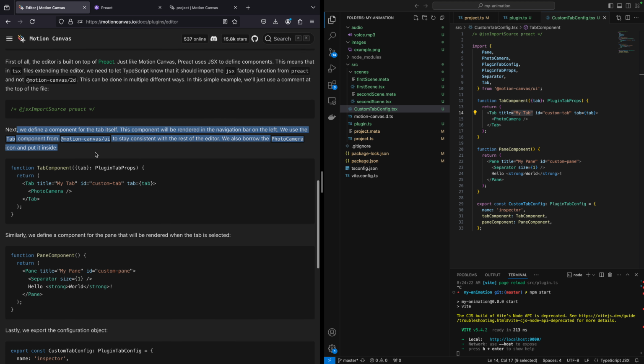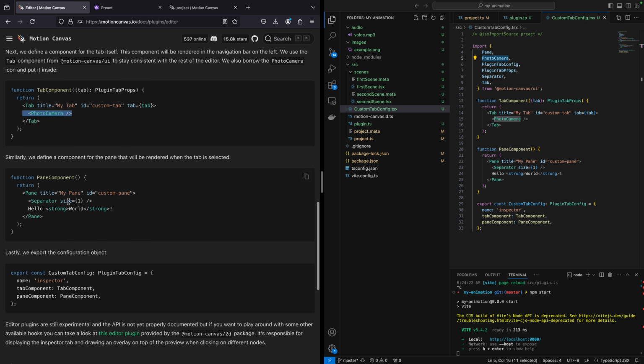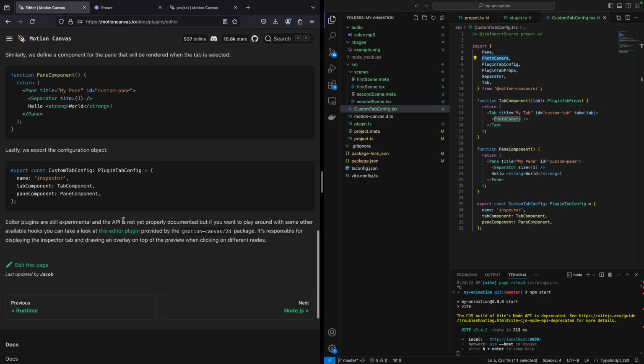Next, we define a component for the tab itself. This component will be rendered in the navigation bar to the left, which we saw. And then it is from photo camera from the UI to stay consistent with the rest of the editor. We also borrow the camera icon and put it inside. Similarly, we can define a component for the pane that will be rendered when the tab is selected. Lastly, we export the configuration